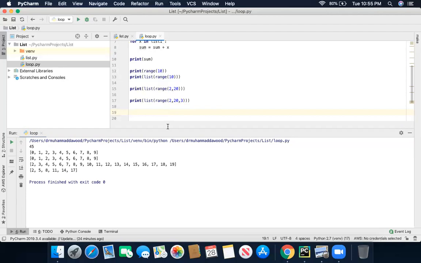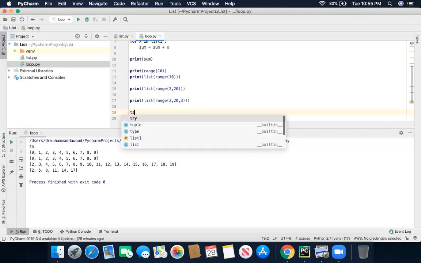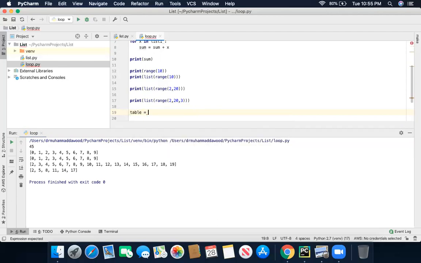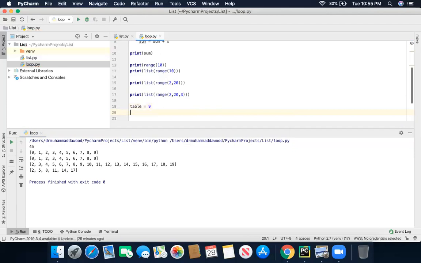So here we go with the table printing. I'm going to decide what table I need to print and how. I'm going to initialize table equals to the table we want to print, like 9.